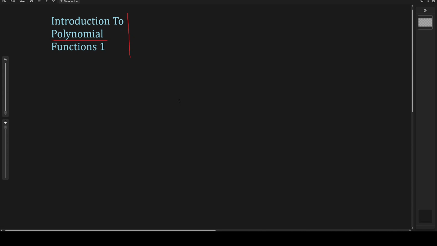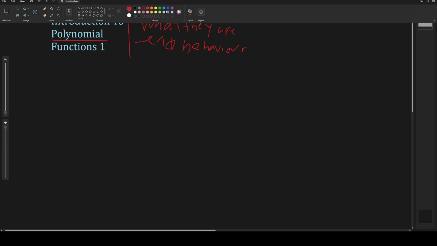So today I'm going to be talking about polynomial functions, basically what they are, some characteristics of them. I'm going to be talking about end behavior, and really, most of this is just going to be talking about end behavior of polynomial functions. So let's start first of all with,